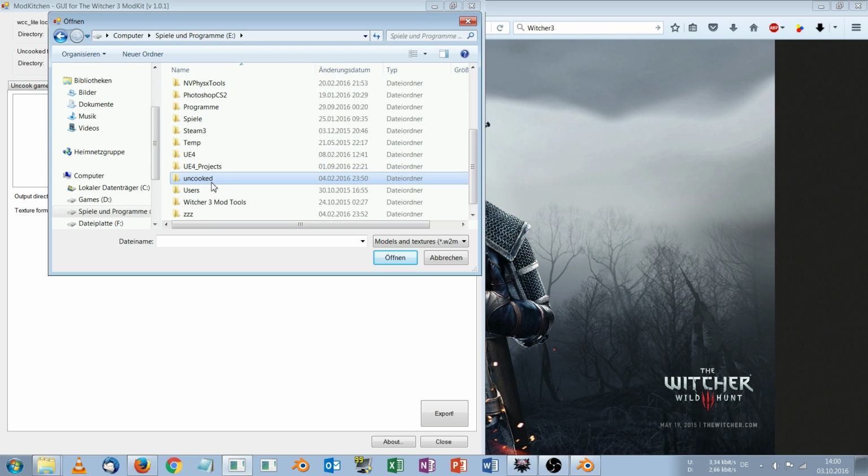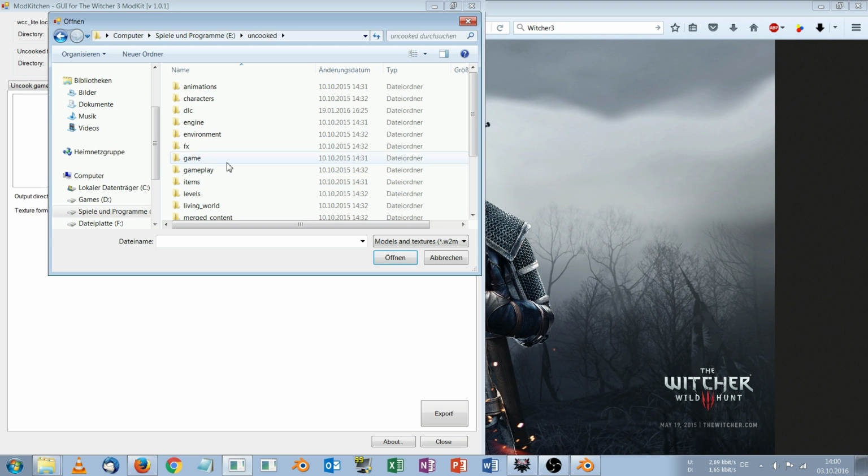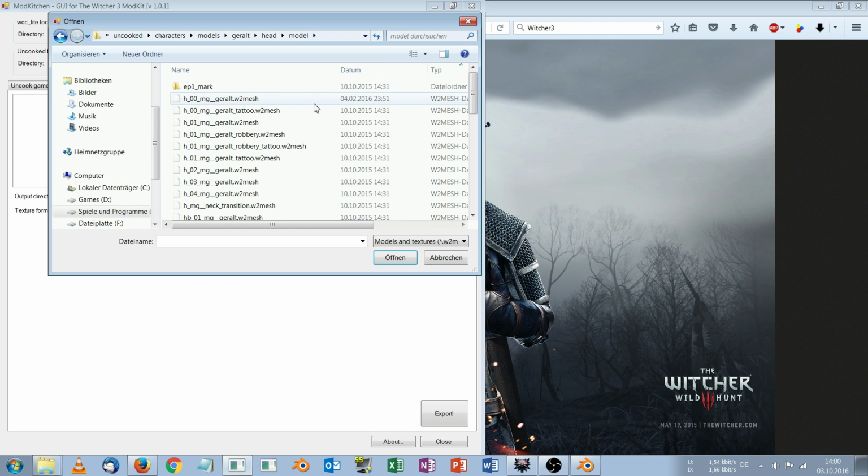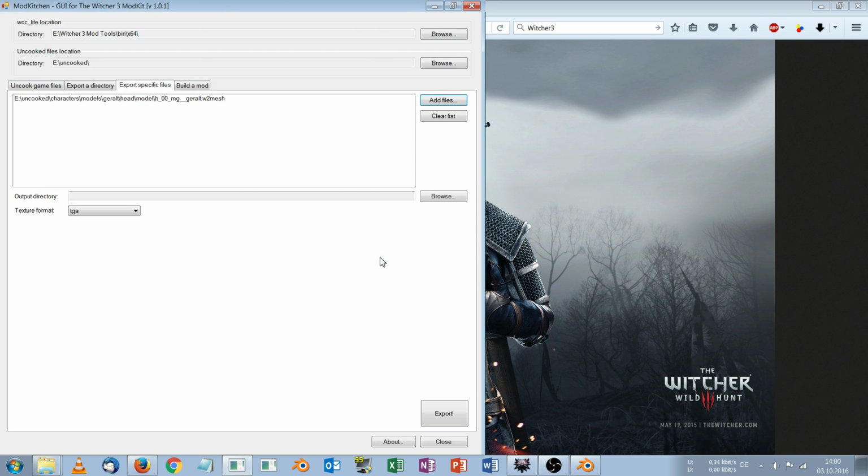So let's go on. If you have uncooked your game already days, months, weeks before, you can follow this process further. So I head to my uncooked folder, characters, models, Geralt, his head, model, and here the head I want to change is in this case H00MG Geralt W2 mesh. So I click on it, hit open, then it loaded it into Modkit, and now we need an output directory,